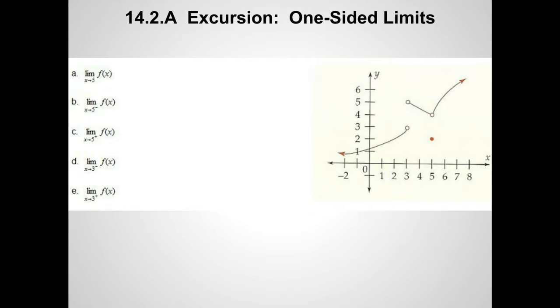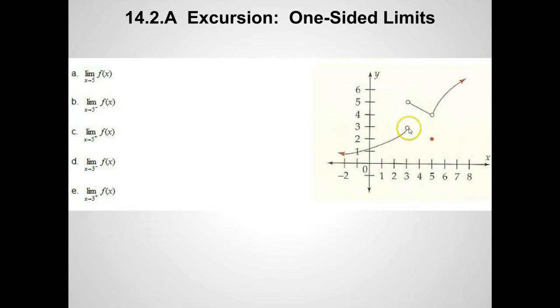So rather than look at a one-sided limit, let's just look at a regular limit. What's the limit of this function as x approaches 3? That's the first thing you want to think about. We're looking at this graph right in this area, because there's x equals 3 right here. And you can see that the function is not really defined at x equals 3. If you come from the left and you get closer and closer to 3 from the left side,